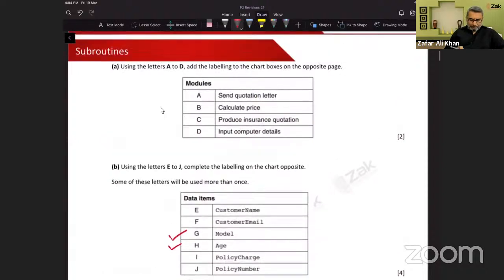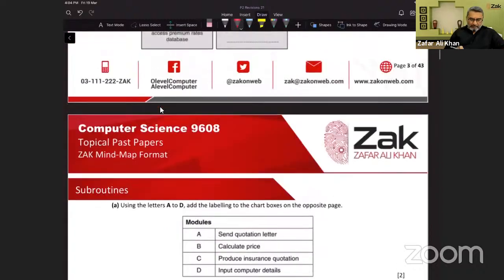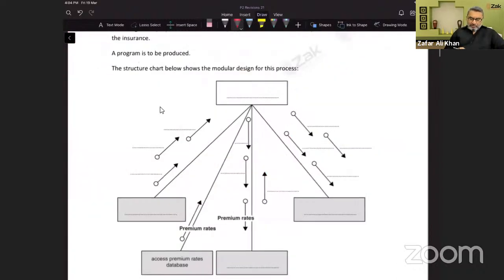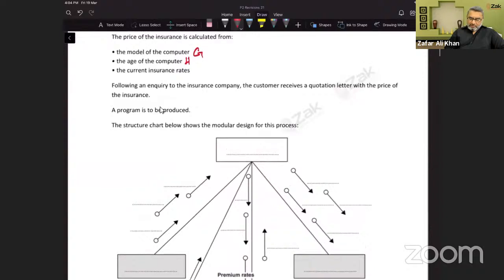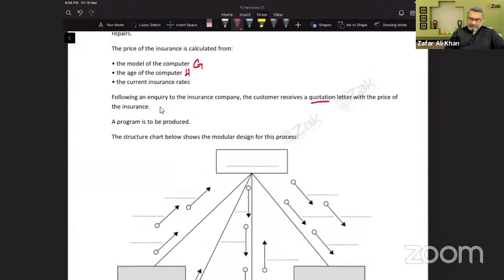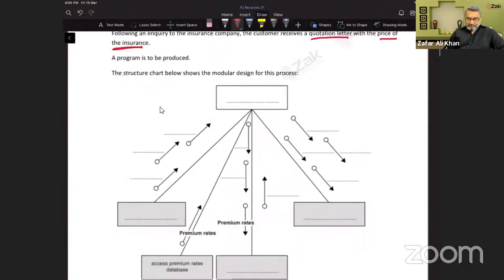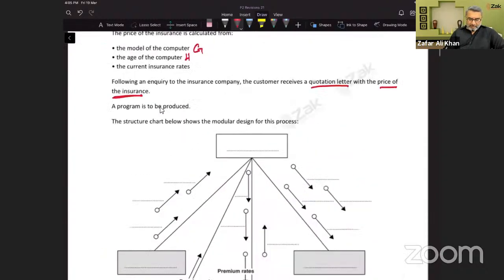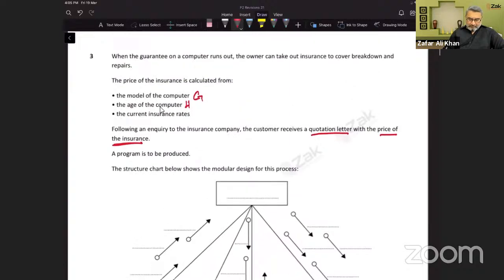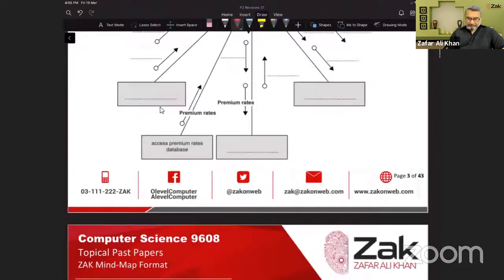So now, following an inquiry to the insurance company, the customer receives a quotation letter with the price of the insurance. All right. Now, using letters A to D,